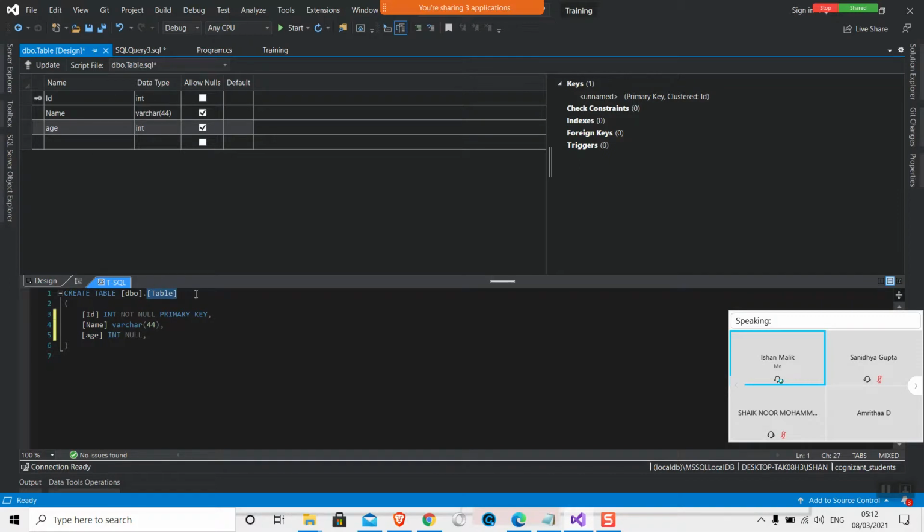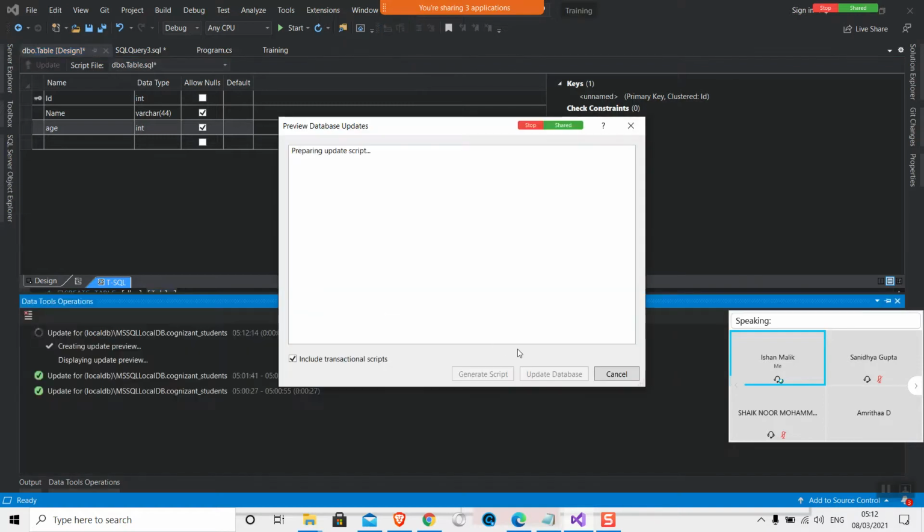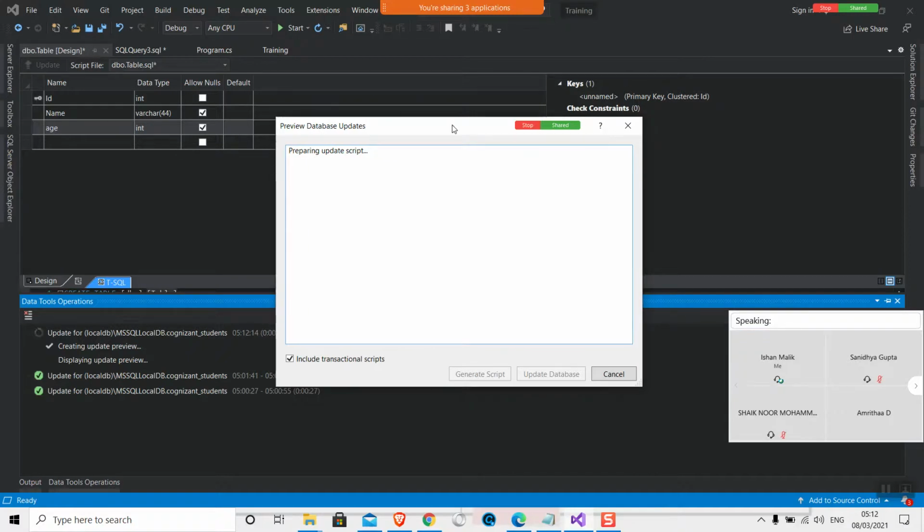If you don't give a table name here and just click on update, then the table name would be created as a table. Now I will show you that as well. It is taking so much time.